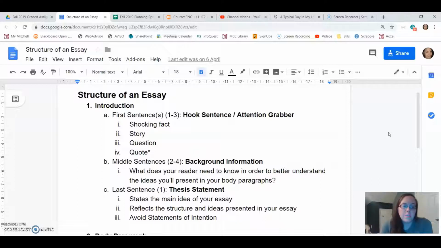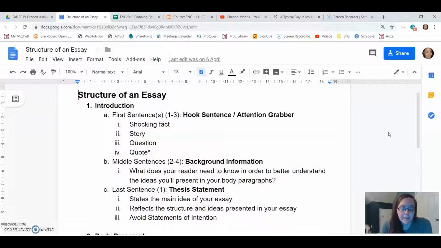So at this point, for those of you who have already written your essay, I want you to go back and read your thesis statement. First, identify it. Do you have one? That's important. But second, read through it and make sure it's not a statement of intention. Make sure that you're not saying anything like, "This essay will talk about," "In my essay, I tell you about," "This essay will be about," whatever. Avoid all of those at all costs.